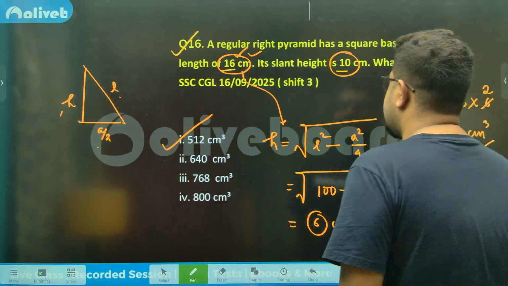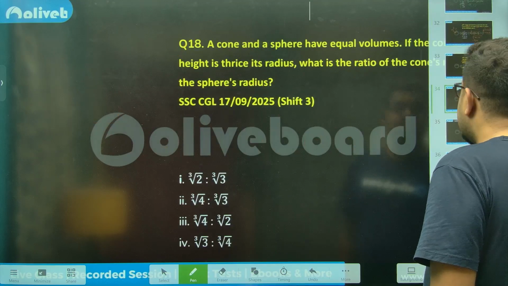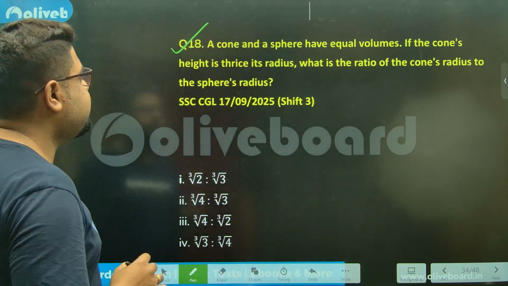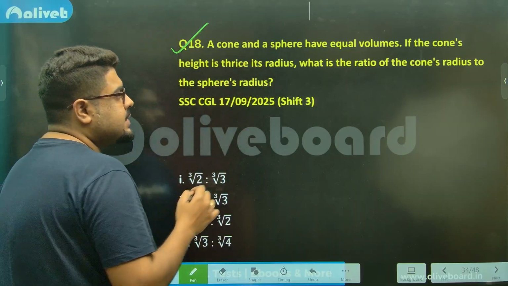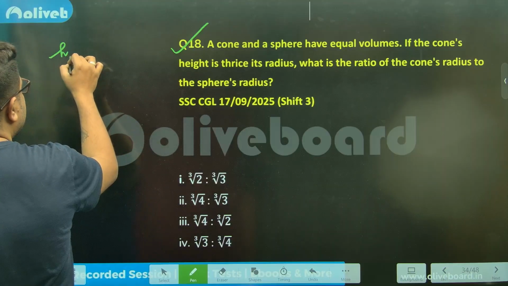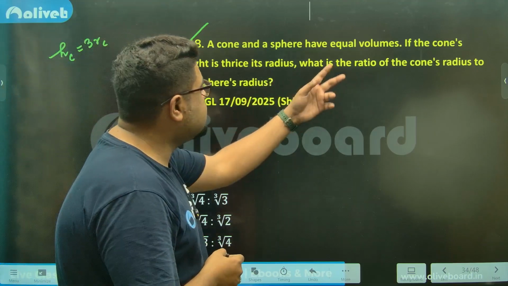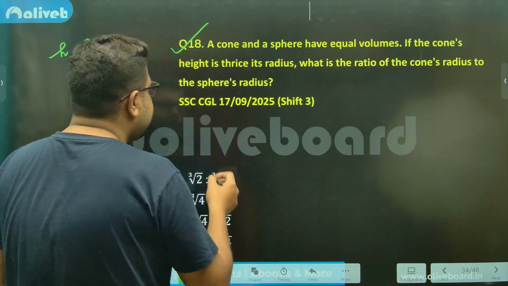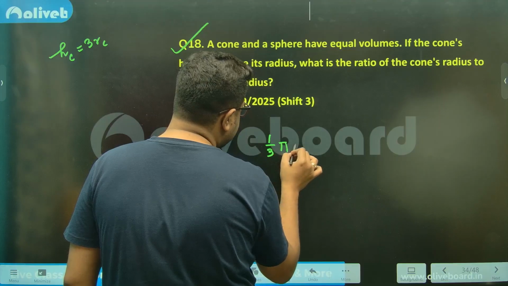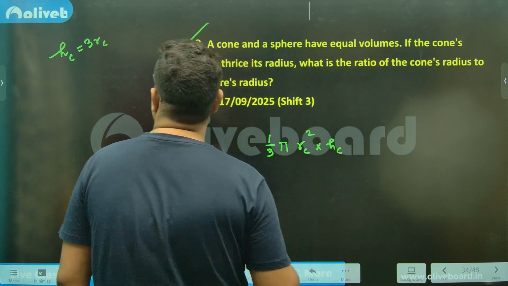Okay, next question, we had done that one already. A cone and a sphere have equal volume. The height of the cone is 3 times its radius. What is the ratio of the cone's radius to the sphere's radius? The sphere's radius I'm taking as r. Equal volume means 1/3 pi r square h of the cone is equal to